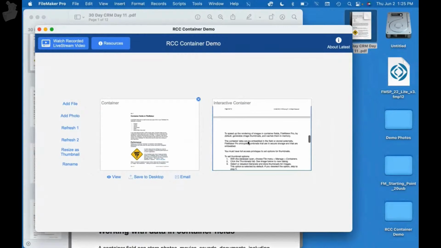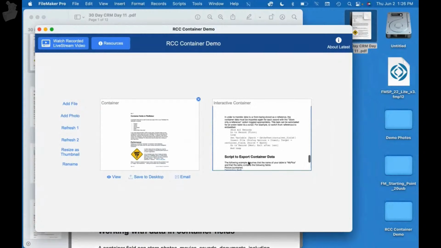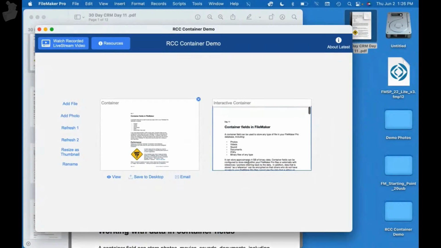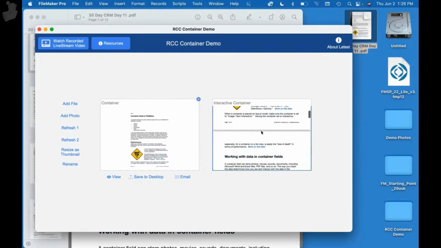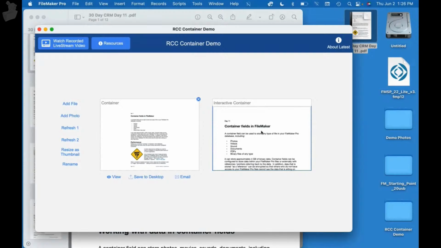So the container field on the right is an interactive container. That means you can interact with it. One thing though is there are some limitations to interactive containers, and it takes a lot of overhead for FileMaker to present the